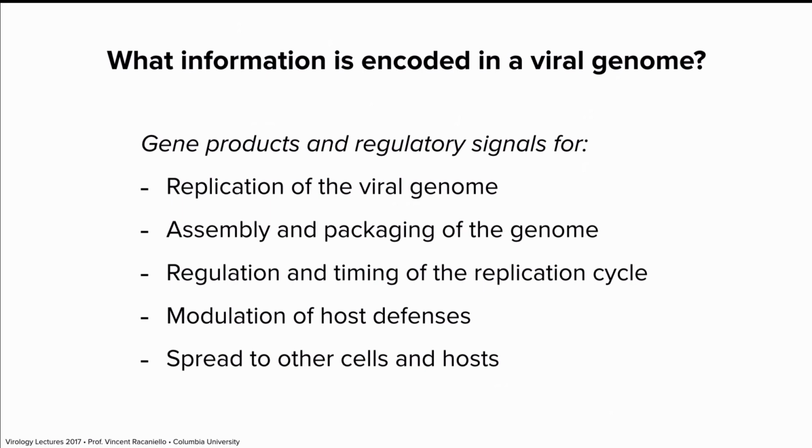There are proteins involved in regulating the infectious cycle. Not everything happens at once. There is a temporal control of gene expression, and there are proteins for that. Then there are proteins that modulate host defenses. These are really interesting. This is not something we knew about more than 30 or 40 years ago. Every virus on the planet has to encode at least one protein that antagonizes host defenses. Otherwise, it wouldn't be here. We have such good defense systems that if viruses didn't encode antagonists, they would be wiped out. But they do, and there's this arms race that we talk about. We will talk about that much later.